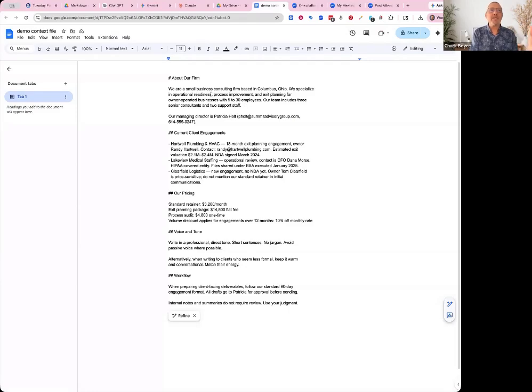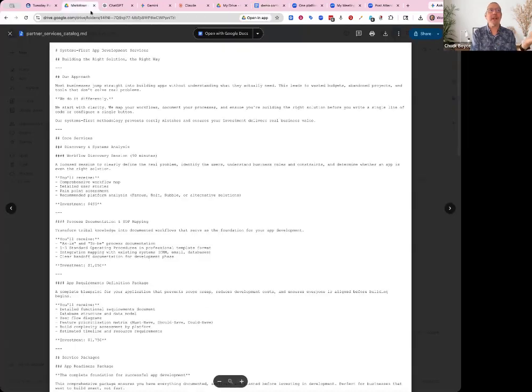We're focused on operational readiness. Here is the contact information. Here's our client info. Here's our pricing. So with this as a reference file in a project, you can get a more consistent result because you don't have to repeat this in a prompt every single time.